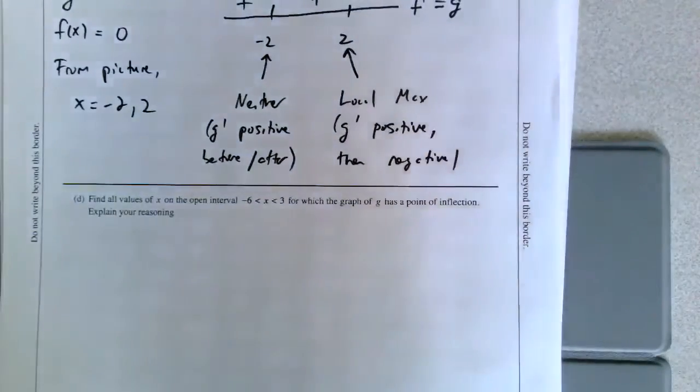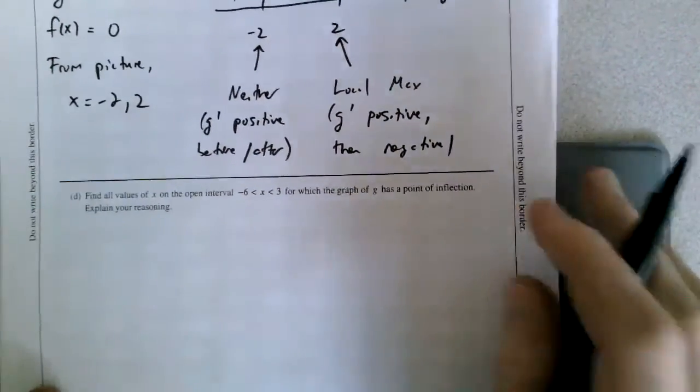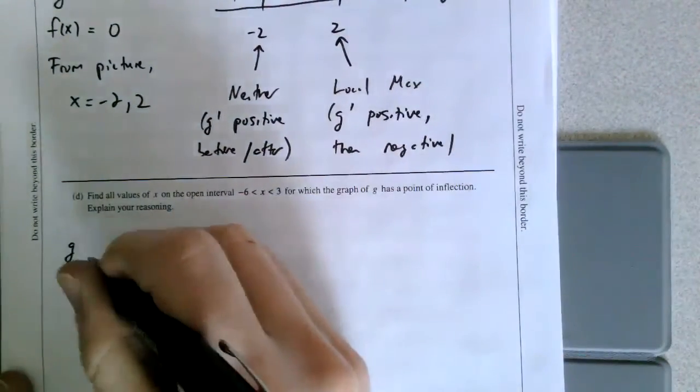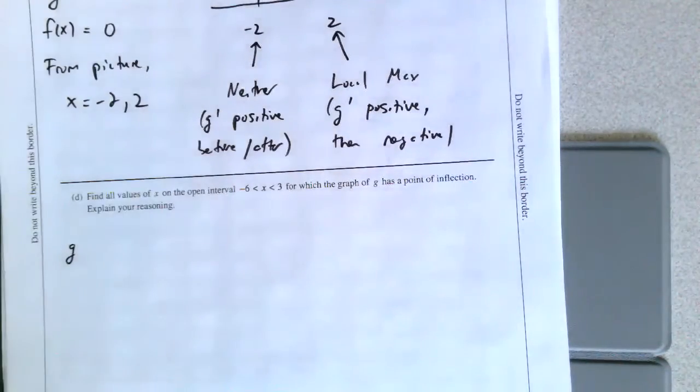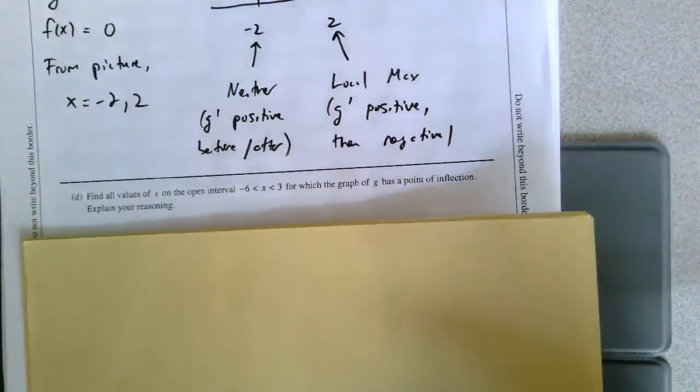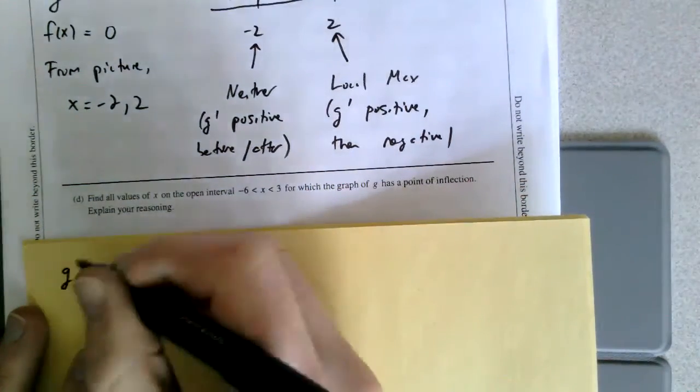It's always worth remembering and emphasizing that concavity can be understood at many different levels. If we're talking about the concavity of g, just to remind you how it goes,